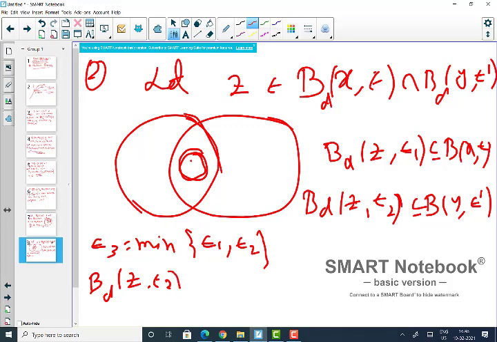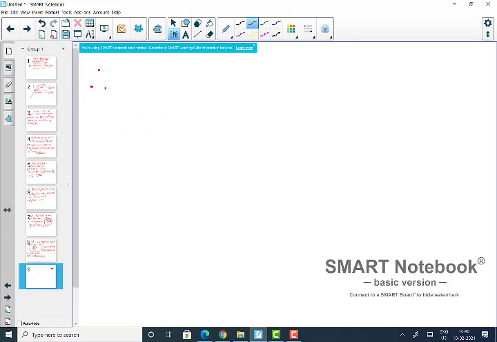This is actually sitting inside the intersection of B_d(x, epsilon) intersection B_d(y, epsilon dash). You understood? So what does that mean? That means that this collection has the property that if you have the intersection of two such elements, then there will be a third element sitting inside that, right? So what does that mean? That means this forms a basis